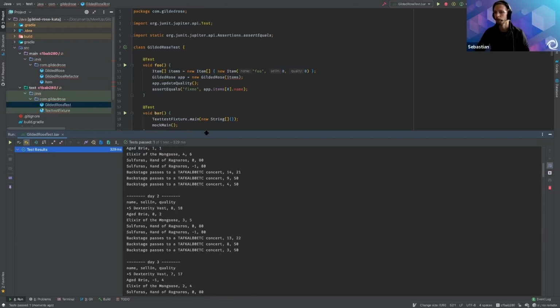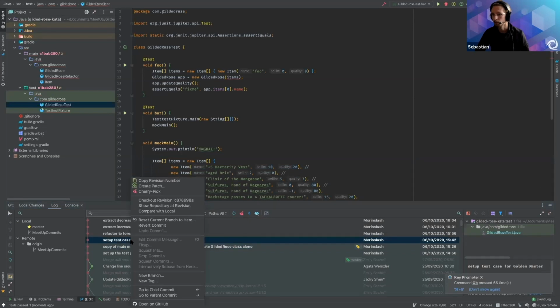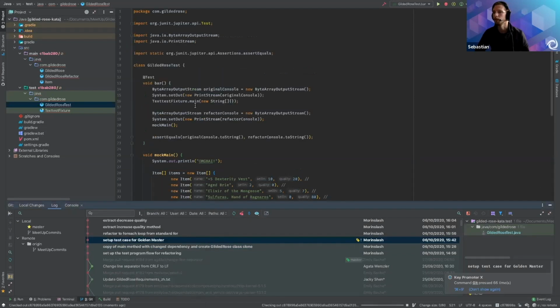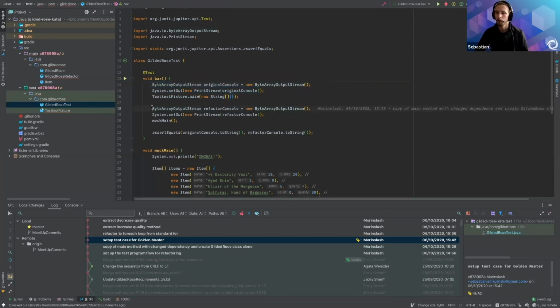And I think in the next commit, I set it up already, exactly the test case. So why I mock it: first, when I'm running the original program, I'm capturing the output from the console as a byte array output stream, and then I'm setting up exactly the same for the cloned class.